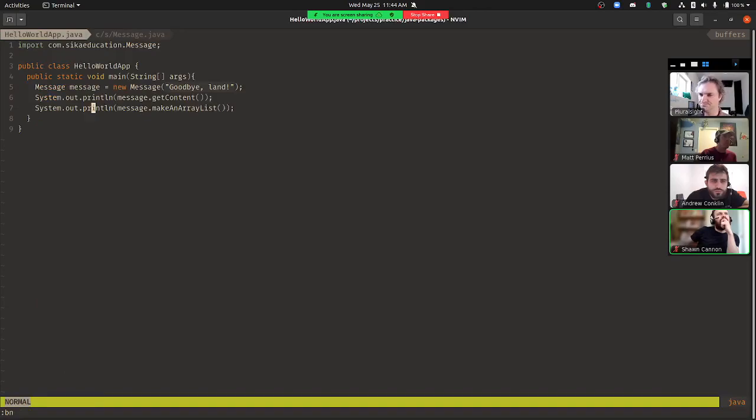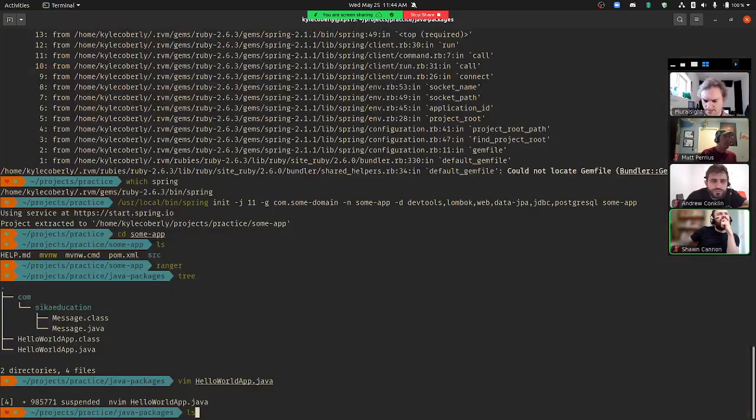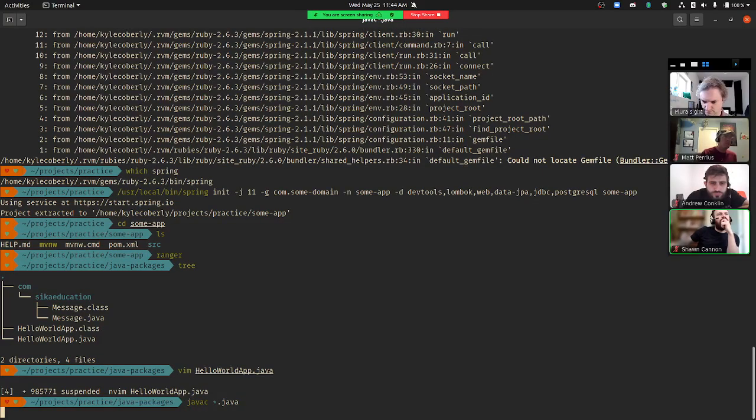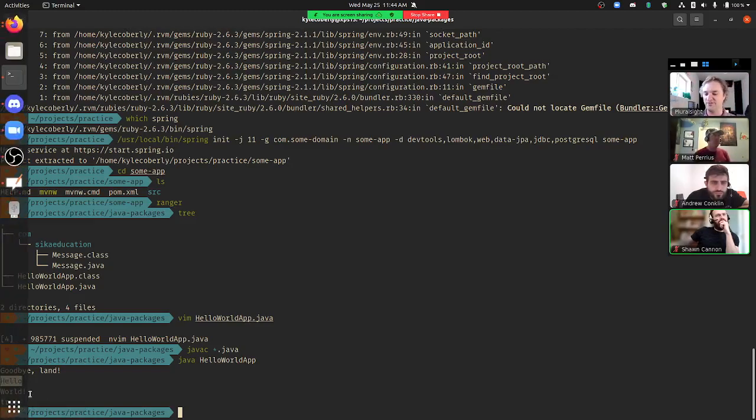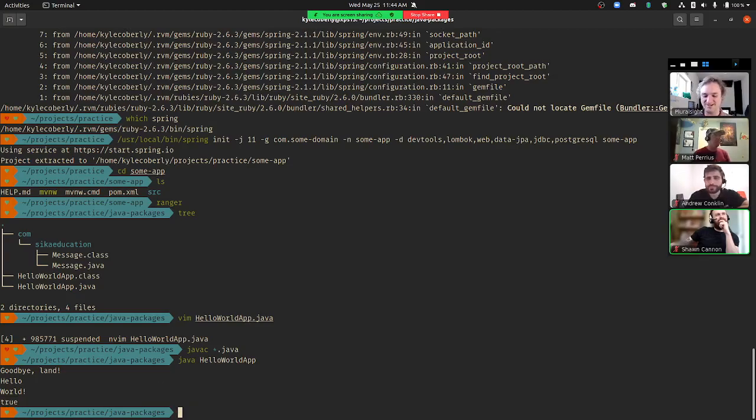All right, cool. So let's see if it compiles. So good so far. And if I run it, hey, look, it printed out each of the parts of my thing, and the return value of the method. But yeah, there you go. There's a quick hit on collections.